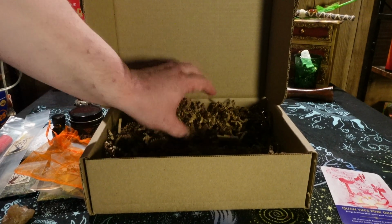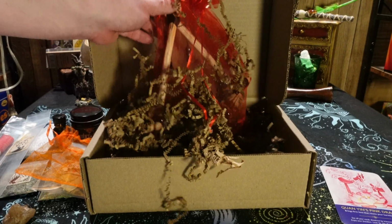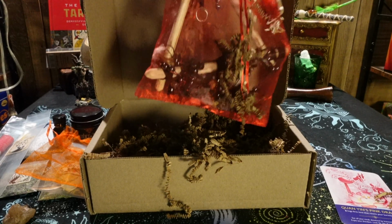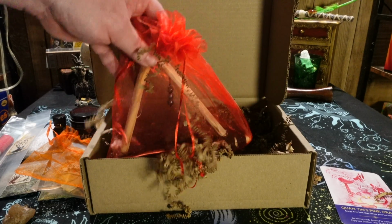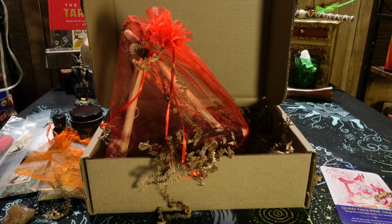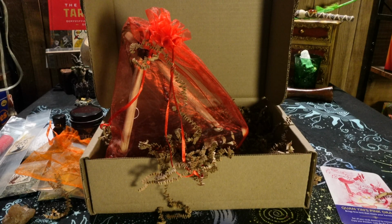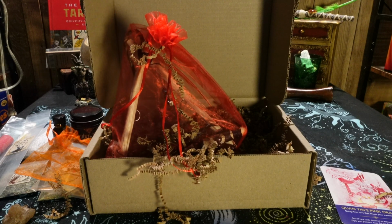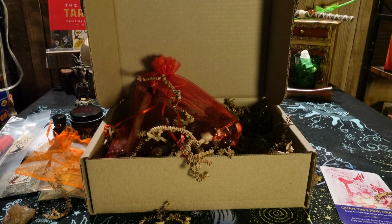And last, but not least, we have got something very large. I'm going to go ahead and read the description before I pull it out. This is the Witch's Moon exclusive fire and air hanging talisman with amethyst crystal. As we step into the unfolding world of spring, we take a moment to embrace the strong essence of change